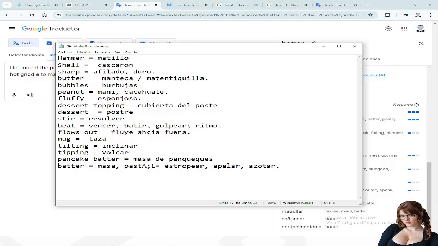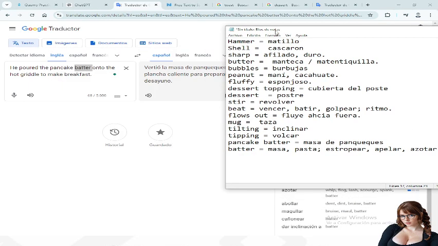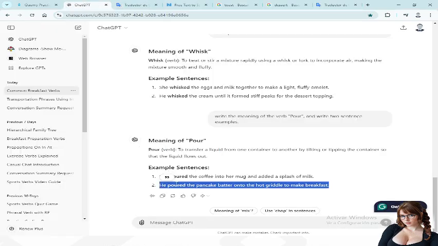We have to split the meaning as a noun and the meaning as a verb. Okay, the next example is